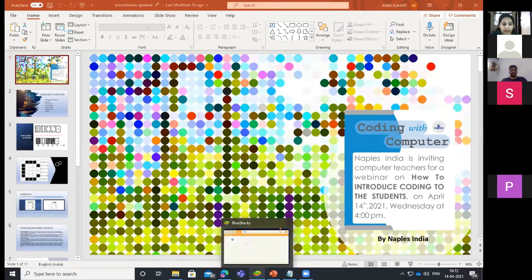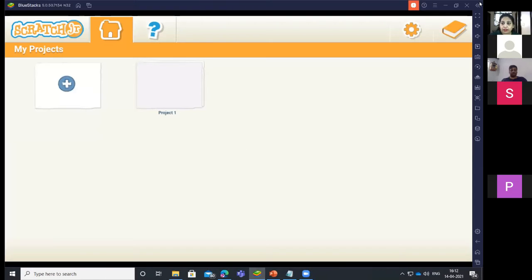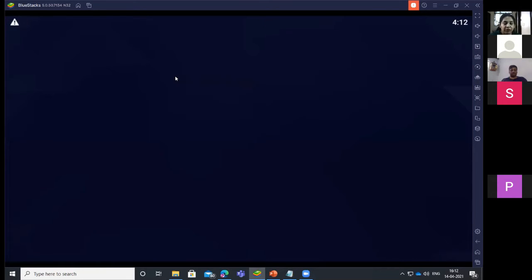I have BlueStacks installed, and I am using the computer. I will show you how it looks. It looks as if I am using my phone on the computer. I hope you have seen children use BlueStacks for playing lots of games that they play on mobile.